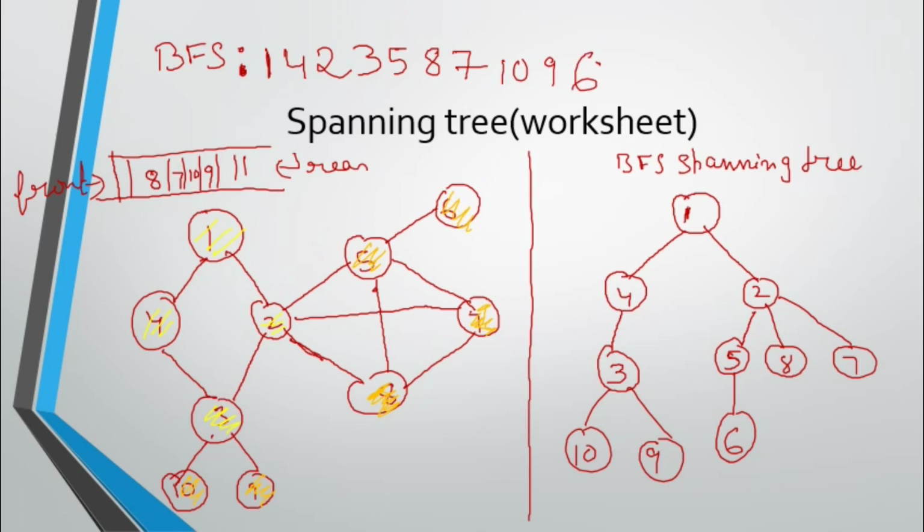So now you can see from 6 you cannot go anywhere. Simply see the queue. From 5 to 6 you have to go. Going means you just have to update it. From 5, where to go next? You have to see the queue. You go to 8. From 8 you don't have anything there, all others are visited. So from 8 you have to go back and see the queue, 7.